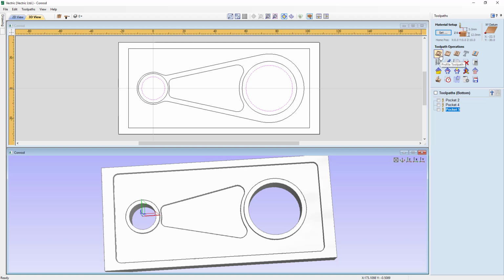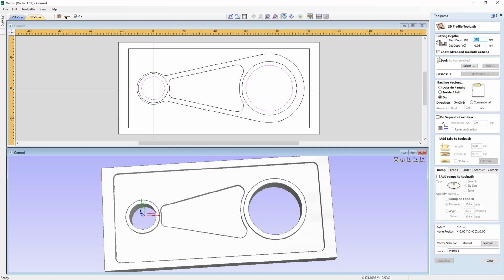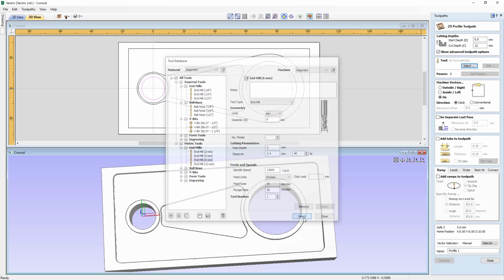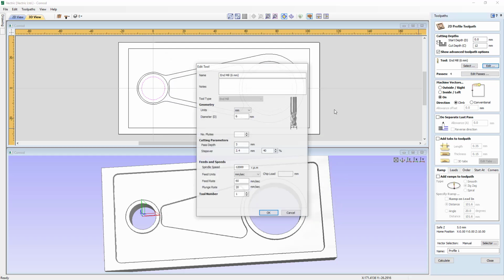So let's go ahead and click a profile toolpath. Now this one we're going to start at 0. We're going to go down the full depth, the 12 millimeters. We're going to select that same 6 millimeter tool again. We're going to edit that again to be 20%, 3000, 5,